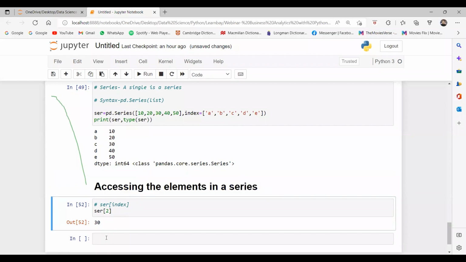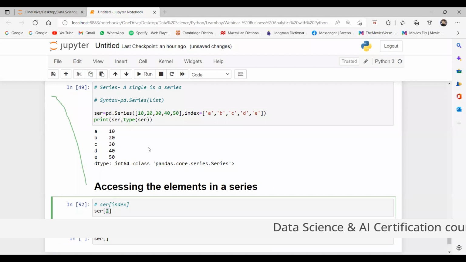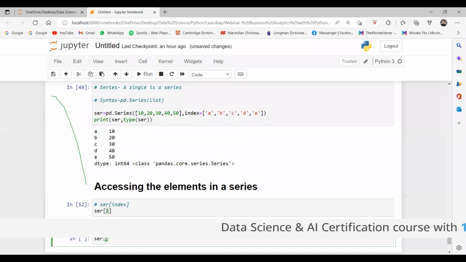Fine. One more thing. We can get the values on the basis of the indexes I defined. So for example, I want to get this 30, but not by using 2, but by using the index that is defined by me. That is C, yes or no?